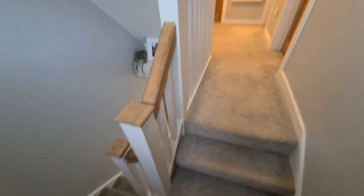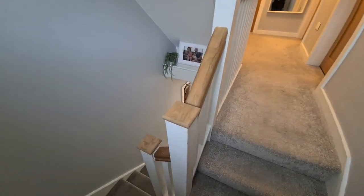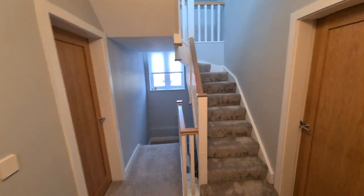This is a job we finished in Drumcondra a little while ago. Just back here trimming the doors down. You've got carpet, so just needed to trim the doors down. Anyway, this job came about when we had so much of a backlog from COVID that I wasn't taking any